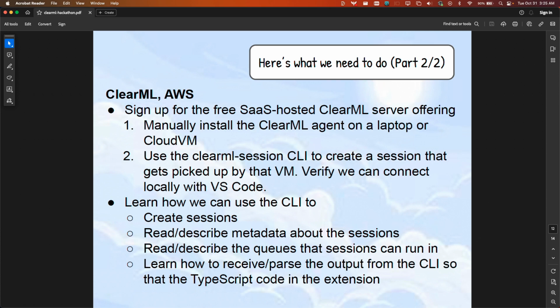So I propose that we start by signing up for the free SaaS hosted version of ClearML. So that'll be our ClearML server. And then we could install the ClearML agent on some other machine, like on a laptop, or maybe we could get a DigitalOcean droplet and install it there, or an AWS EC2 instance or Lightsail, any Linux virtual machine. We just need one that we can install the ClearML agent on so that we have something to install our